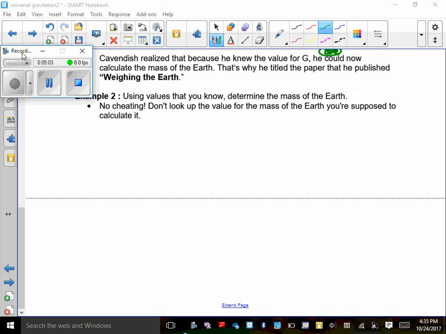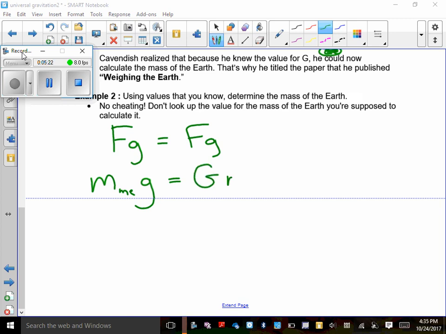Let's make these two formulas equal each other. So the force of gravity, my weight, is also equal to the force of gravity. So we said this is equal to m of me times g, and this is equal to that new formula, G m me m of the Earth